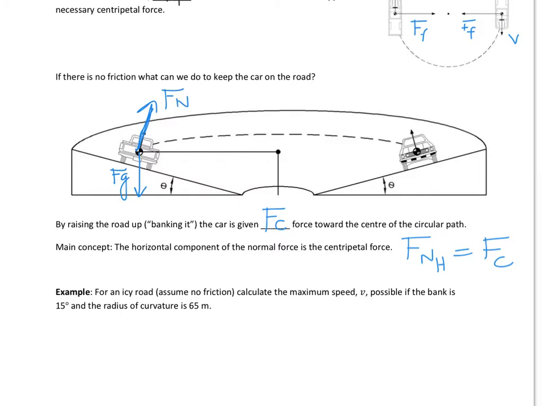Just like before, the normal force is perpendicular to the surface, but we're looking for the force that's actually keeping the car along the path of the curve, which means there has to be a force going into the center of the circle, because there's an acceleration towards the center of the circle. There has to be a force there. And that's going to come from resolving Fn. So before I even do that calculation, I'm going to